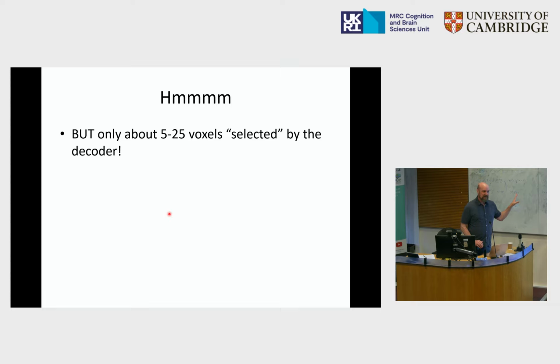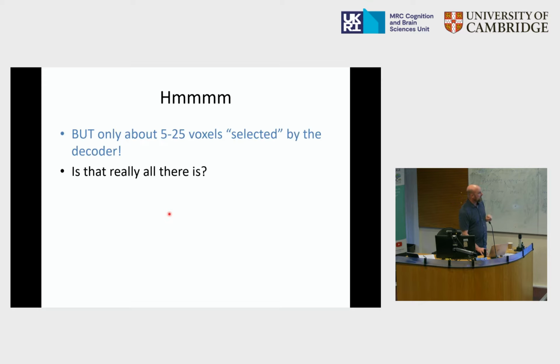Only about 15 to 25 voxels are selected in any single subject when I do things this way. When I say it's a very sparse code, I'm saying it looks like you've got a tiny little bit of brain that does faces, places, and objects. Clearly that can't be true. Lasso must be over-sparsifying things. It's kind of picking the smallest set of things that carry information, but not everything that carries information. So that's where we need to do something a little bit more creative.